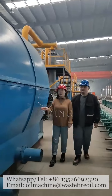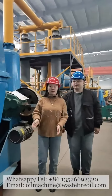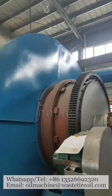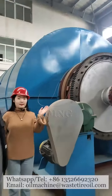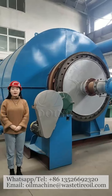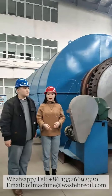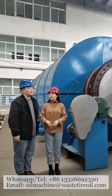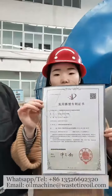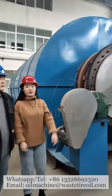Q245, right? Yes. And then the tires and the plastic in the reactor will be pyrolyzed at a certain temperature and produce the oil gas. Then the oil gas will get out through the outlet. We can notice that the diameter of the outlet is also 1.4 meters. Yes. The same diameter of the outlet and the feeding door can promise that the reactor will operate more stably, with no damage to the roller. Yes, and we even have the patent for this design, the same diameter of the outlet and the feeding door. This is our patent. Okay, then the oil gas will go through some